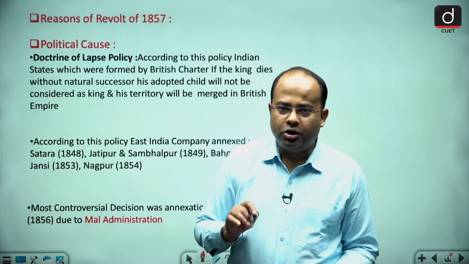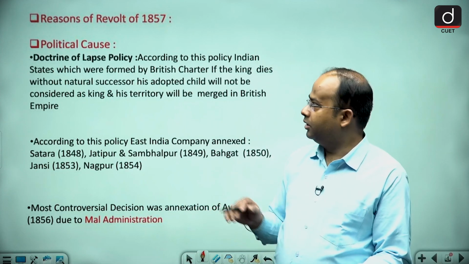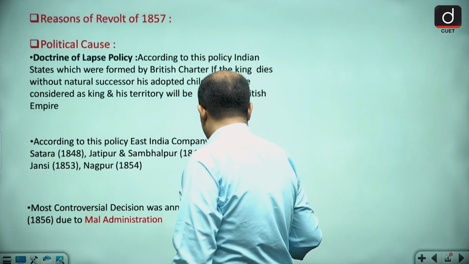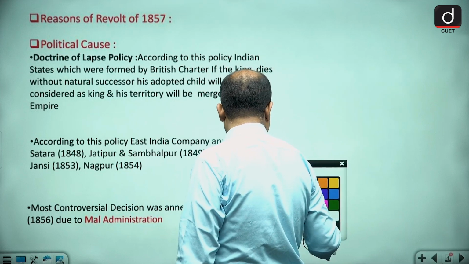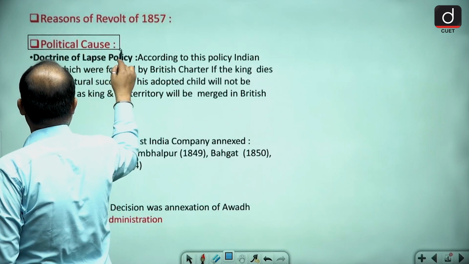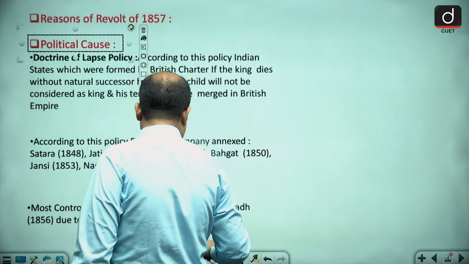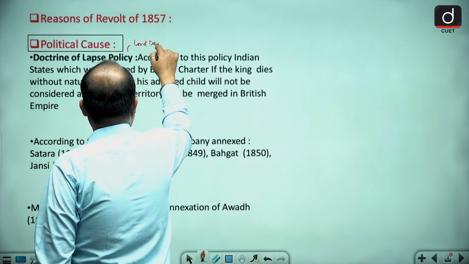So first of all, guys, we will discuss the different reasons to start the revolt. First of all, it is the political reason to start the revolt. Now, what was the political reason? First, the reason was the policy of doctrine of lapse that was started by Lord Dalhousie